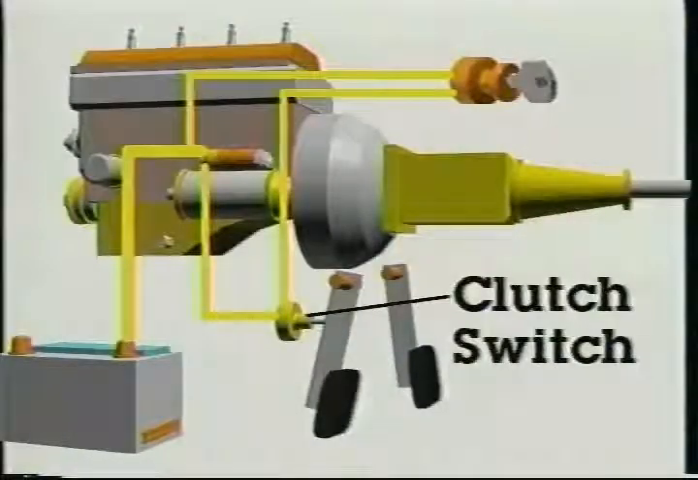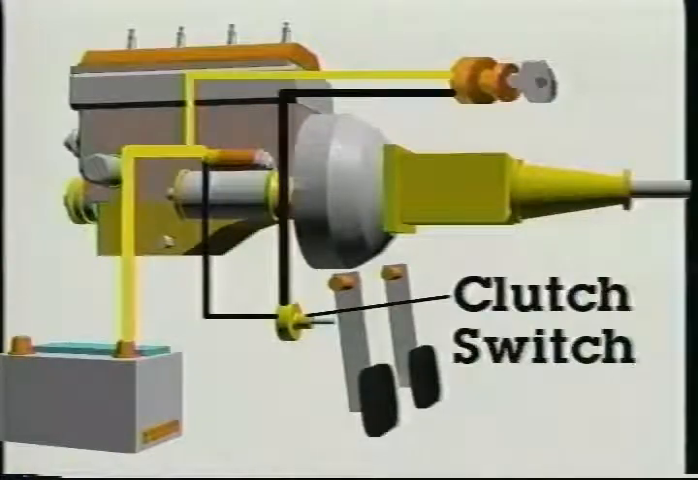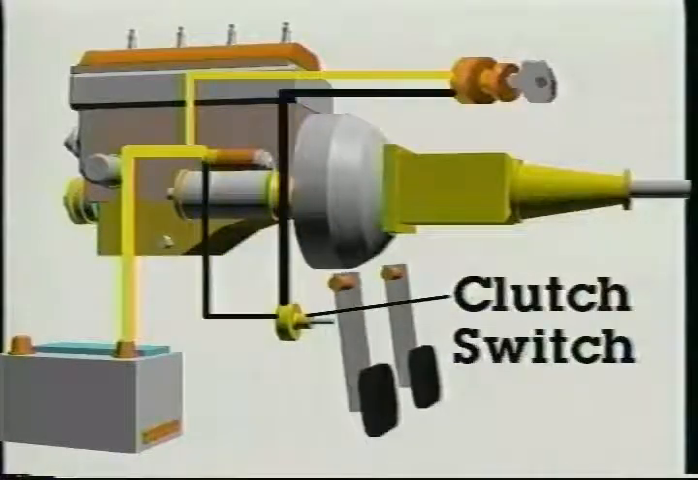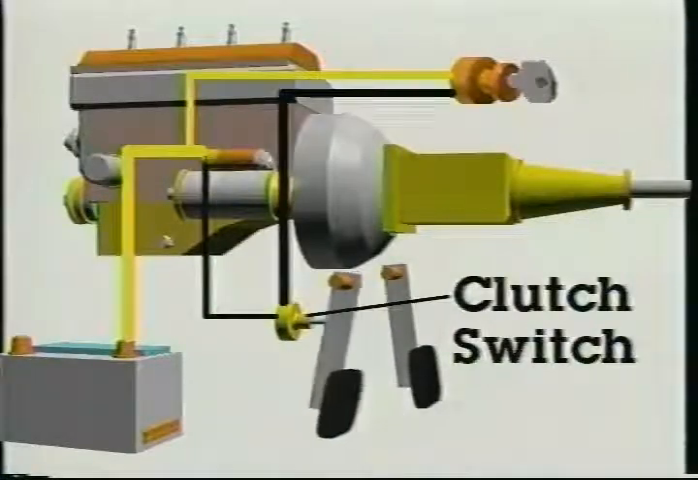With a manual transmission, a clutch switch is sometimes used. It is another safety device that only allows engine cranking when the clutch pedal is pressed to the floor. Again, this prevents the engine from